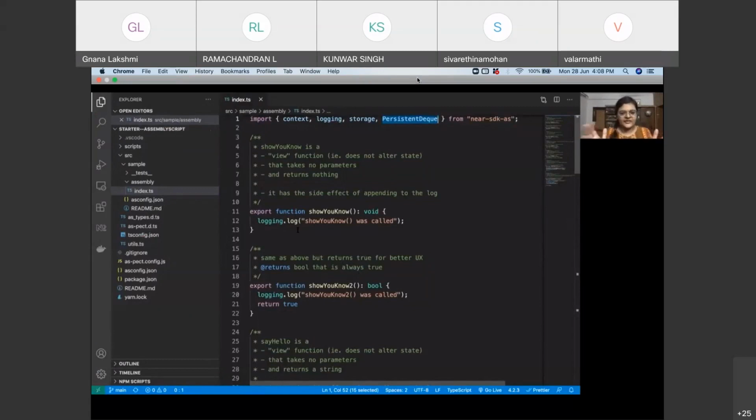This is the interesting bit that we have come across. So the first function that you see in this contract is called show you know, right? It's a view function. That is, it does not alter the state, right? So what do you mean by altering the state?